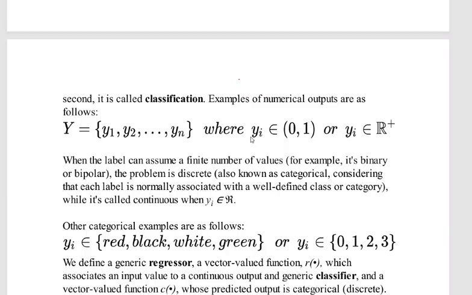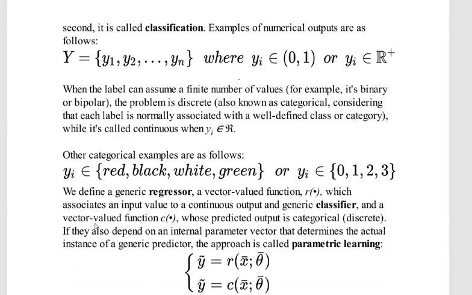With respect to that, yi, that is any of the values, should belong to 0 or 1, either it belongs to that y or it does not, or yi belongs to R plus. The R plus determines whether it is a discrete value or a continuous value. When the label can assume a finite number of values, for example binary or bipolar, the problem is discrete, while it is continuous when yi belongs to R. Here we see an example: if yi belongs to red, black, white, green, or yi